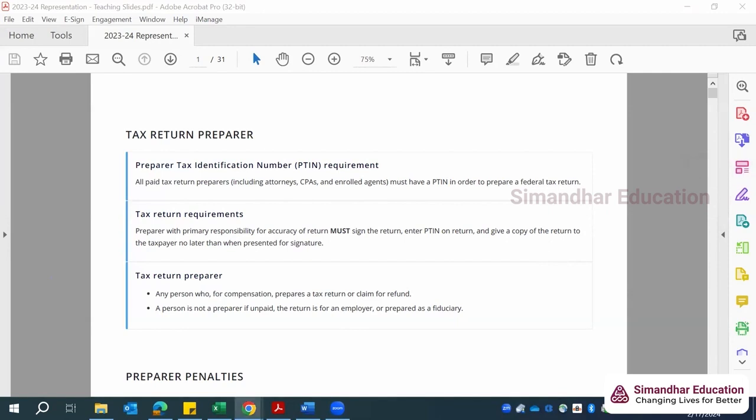All right. Now, please remember that the slides that I'm using to teach are not something that you should be referring to, because I am just going by the pointers. I'm already aware of the course, so I can take up a pointer and give you more information on it. But you, as someone who's going to write the examination, should read the book that Simandhar has provided you and be very thorough with the content that is there in the book,